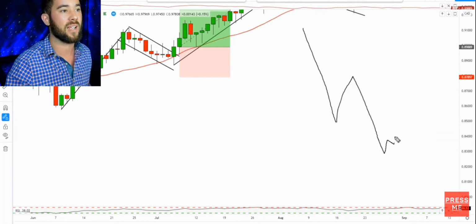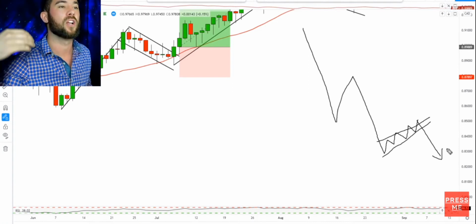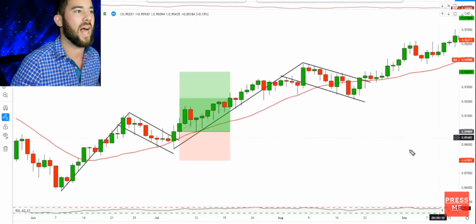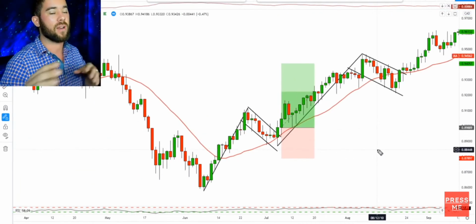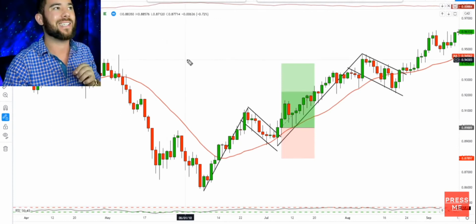We would be trading this small period of consolidation on a breakout of that period of consolidation to the downside. We'd be selling or going short. So that is, again, how I trade flag patterns. Let's take a look now at another breakout pattern that I really enjoy using, which is the ascending and descending